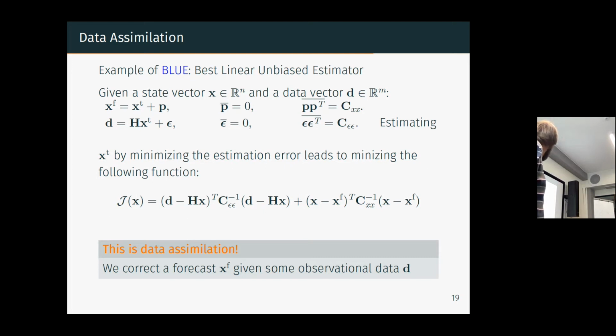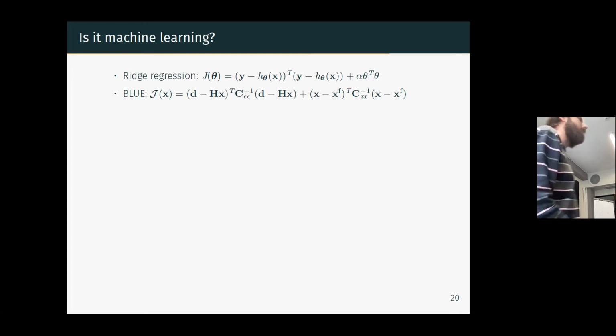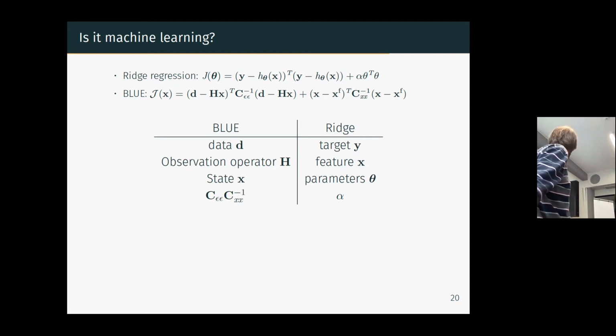Okay. And next slide, I want to show you that it's exactly the same thing as ridge regression. We've seen ridge regression last Tuesday, and it is exactly the same, because in ridge regression, what you try to do is find the linear model h that depends on parameter theta, and that will minimize the difference between h theta of x and y plus a quadratic regularization term. Okay. So theta transpose theta is the sum of the squares. And if you compare those two formulas, you just realize that they are a bit the same.